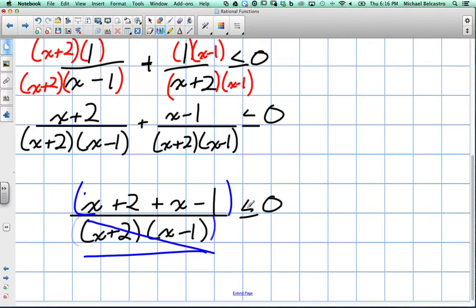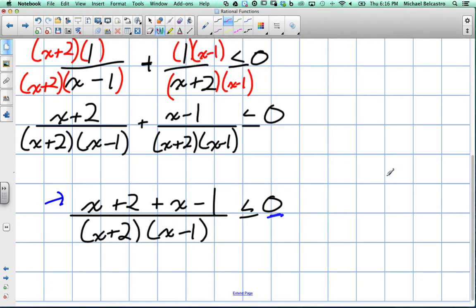Yeah, and the idea is that if we're dealing with 0 and we have a rational function, anytime we get a 0 on top of a rational function, it really doesn't matter what's on the bottom, you're always going to get 0. Okay, so the idea is we really only need to focus on the top. We just need to know how the top creates a 0. Algebraically, that's right. We would either call it moving it over to this side or you multiply both sides by that. Let's say we move it over, so we have our x plus 2 times our x minus 1,